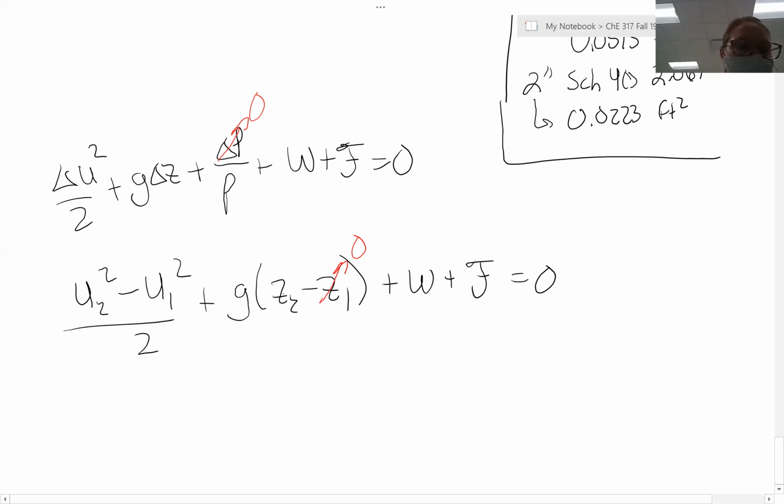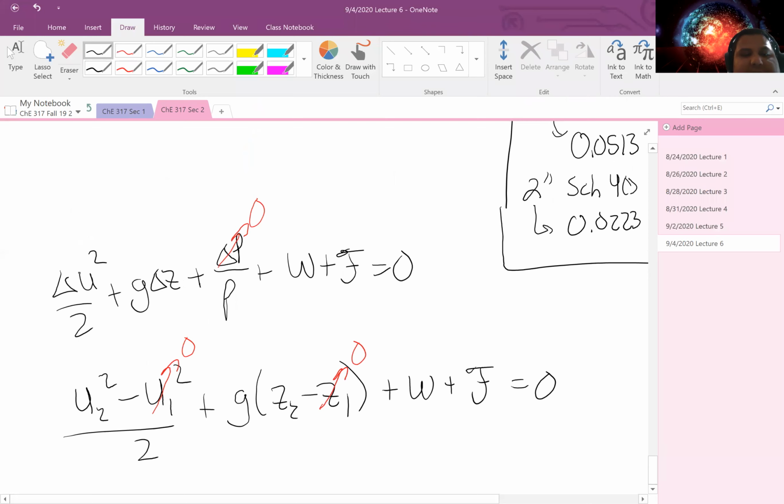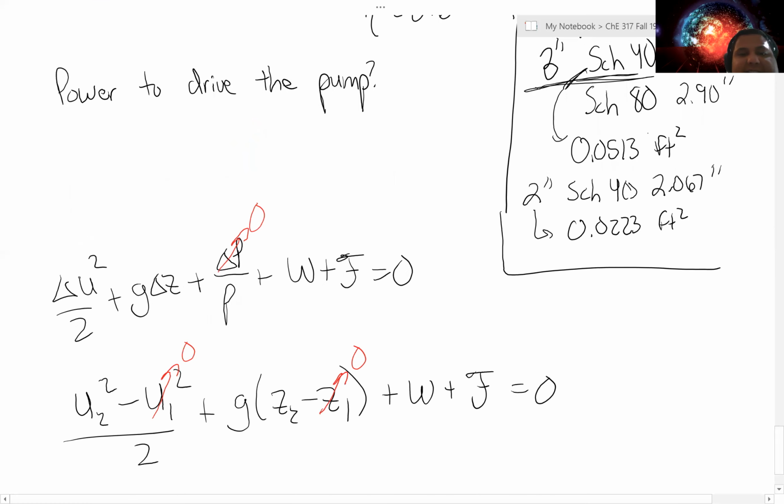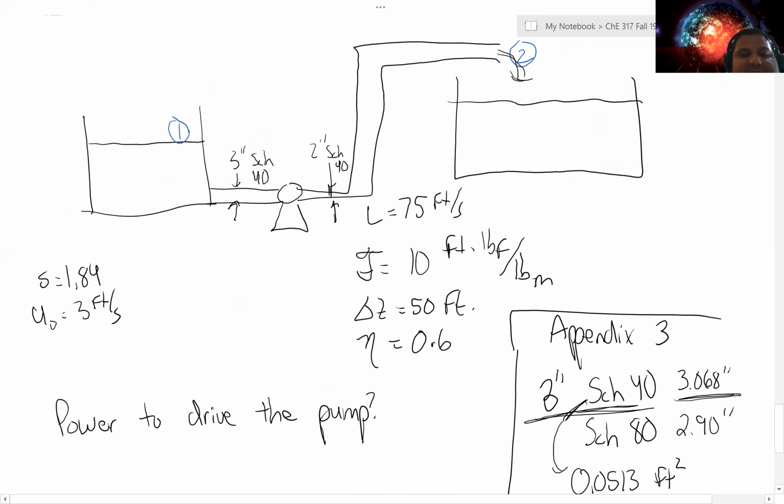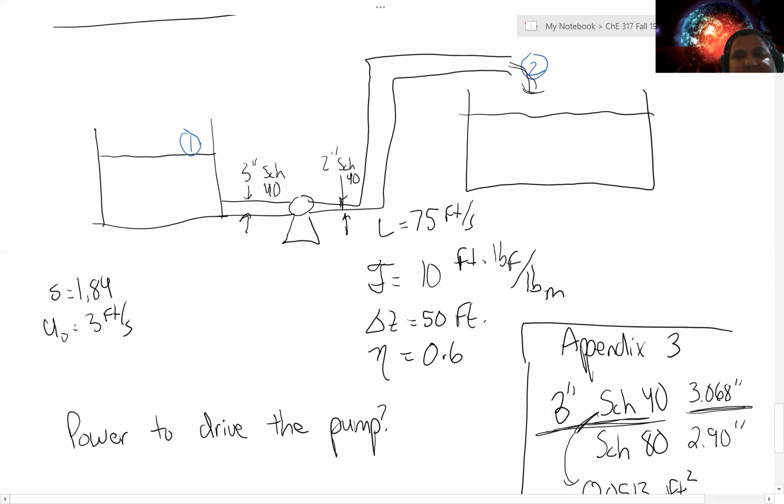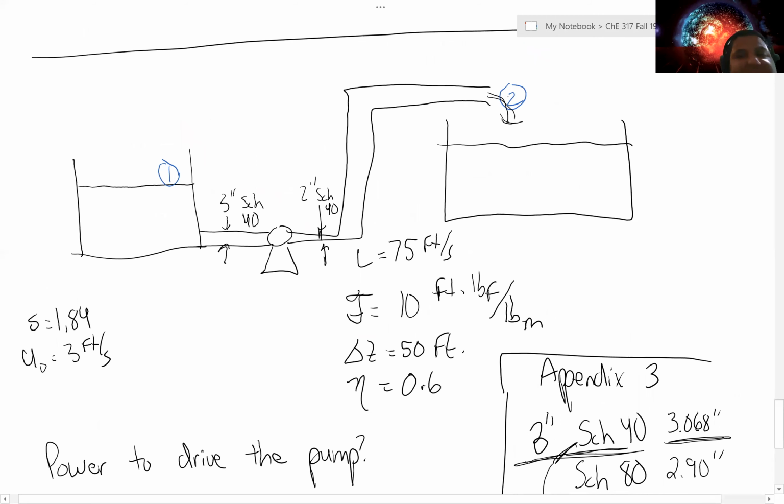Velocity 1. Yeah, we can also say velocity 1, 0. Now the tricky part is it gave us the velocity in the 3-inch pipe as 3 feet per second. However, for our energy balance, we need the velocity in the discharge, which the pipe diameter is smaller. So the velocity should be higher than what's